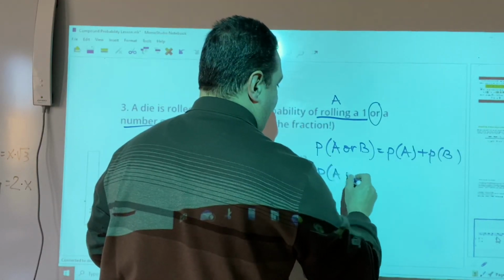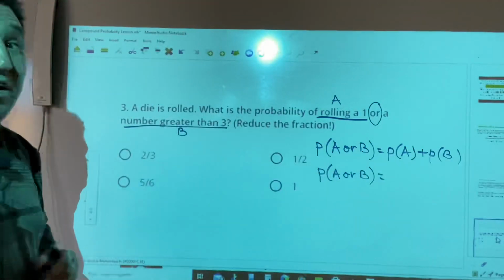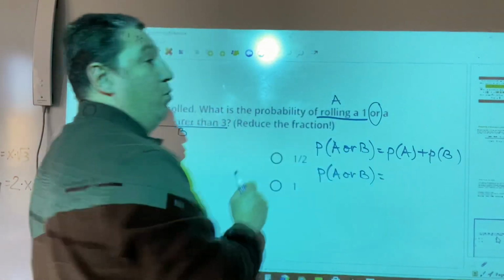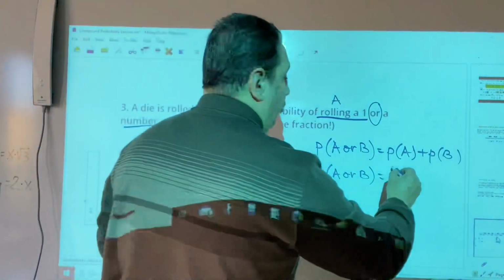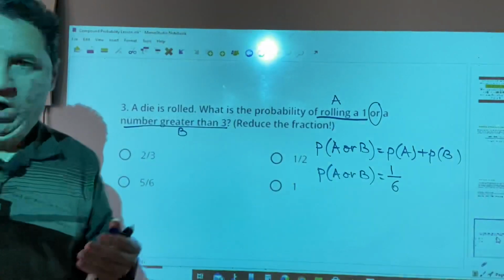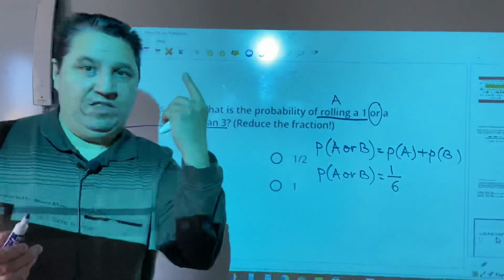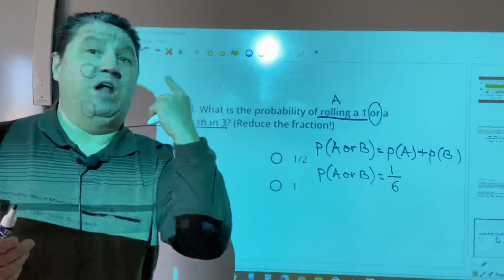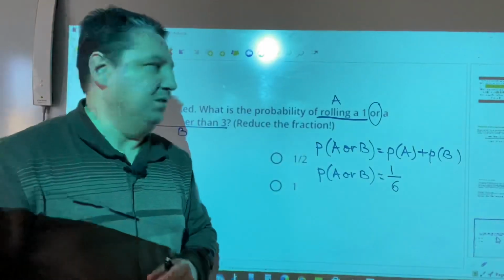So, let's find the probability of each event. What is the probability of getting a 1 when you roll a die? It is 1 out of 6, because you have only one face with number 1. There is only one possible favorable outcome out of 6 possible outcomes. Plus,